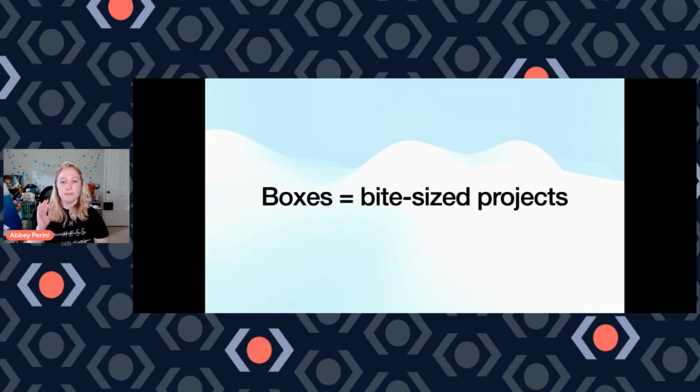So any of the boxes that repeat are bite-sized projects. You can go as small as a button. I like to choose a box that I'm going to be using a lot, like my header, that has other things in it. So to make my header, I'm already going to have to do my colors. I'm going to have to probably do some button styling. And then I've already made those styles when I go to do the rest of the page. The whole point of this is breaking it down so we know where to start. We know that we can build off of it, and we know that we can reuse it.